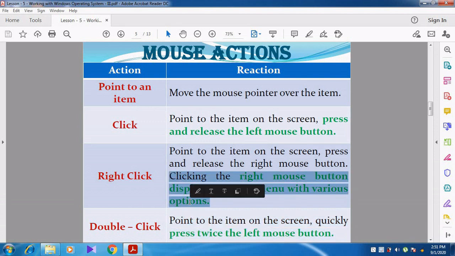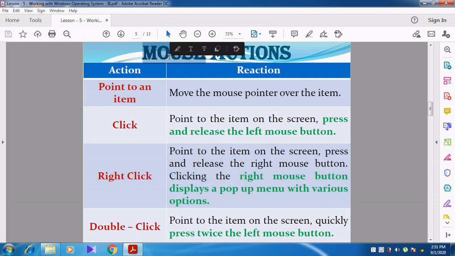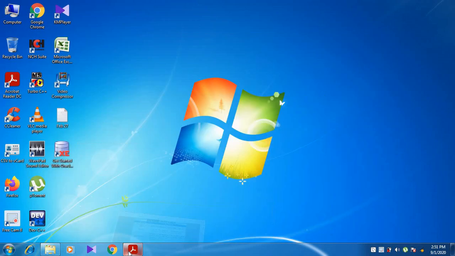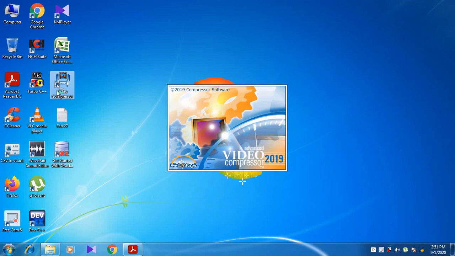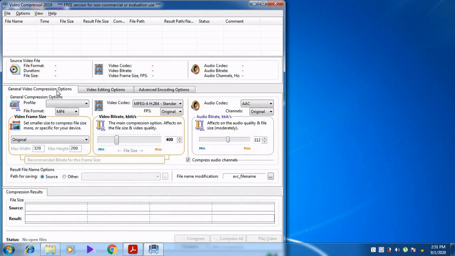If I double click on an application, for example the video compressor icon, what happens? The application is opened. Can you understand, students?